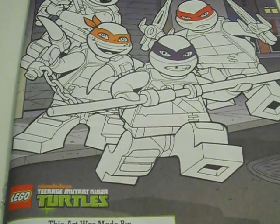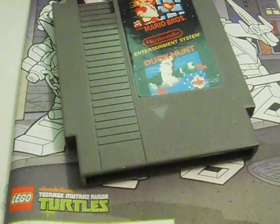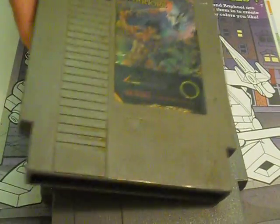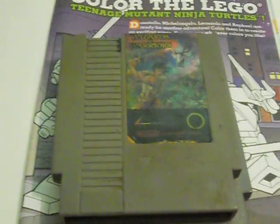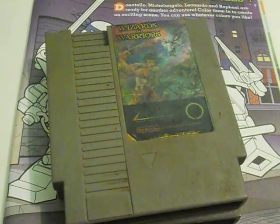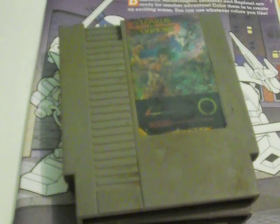On that same day, I was able to actually pick up 2 NES titles. I picked up Super Mario Brothers and Duck Hunt, as well as a really beat up copy of Wizards and Warriors. I'm just going to try to clean this one up and see if I can make it look new again, just as a challenge. But yeah, I was able to pick up 2 NES titles over at the swap meet,